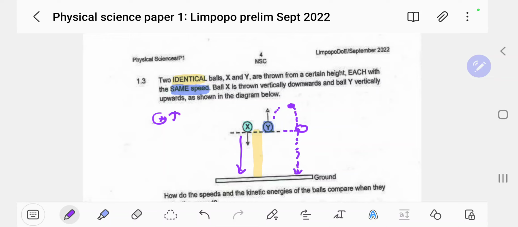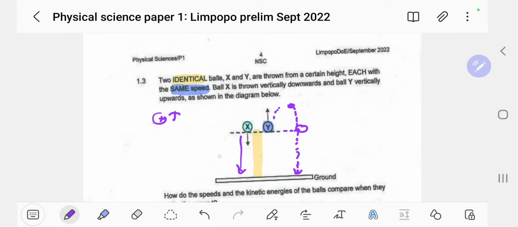But the good thing is, the velocity here is the same as that there, meaning even though this ball is going to take much longer to go all the way to the ground, as soon as it reaches that height from which it was released, it will be moving at the same speed. That means this ball also is going to leave that same height with the same speed as that one. And of course, we know the acceleration is that of gravity. So they'll be accelerating due to gravity all the way to the ground.